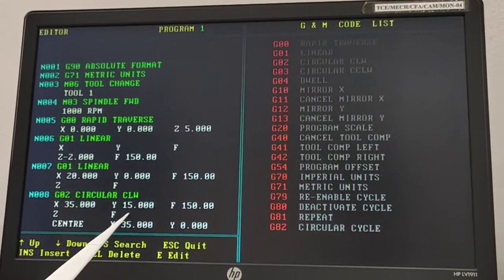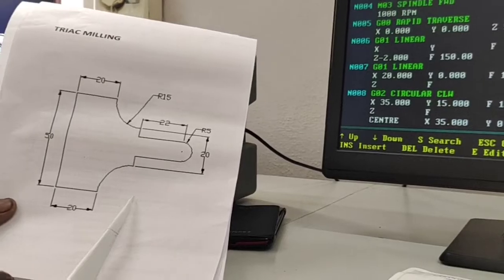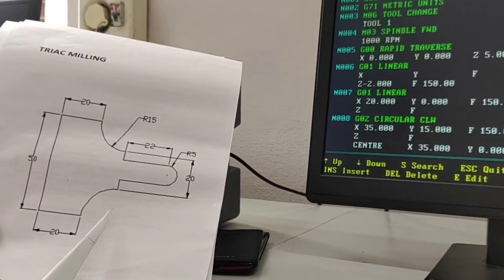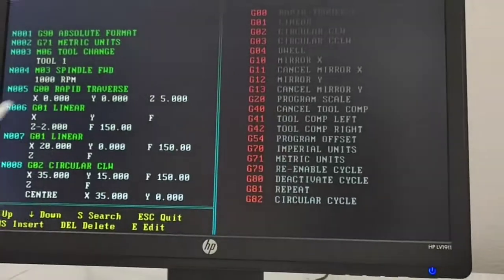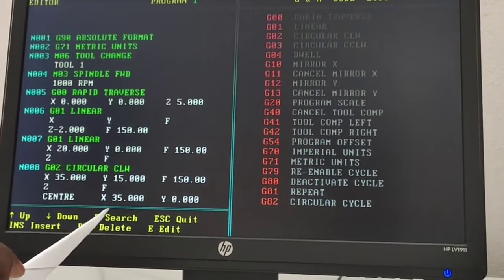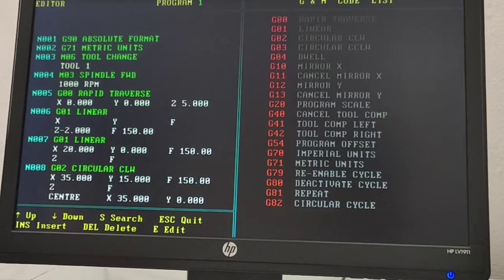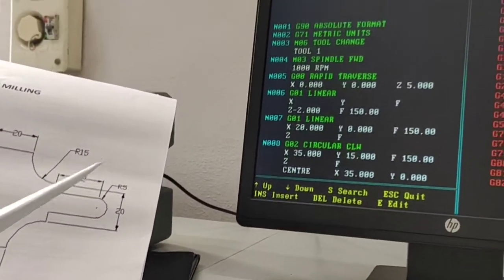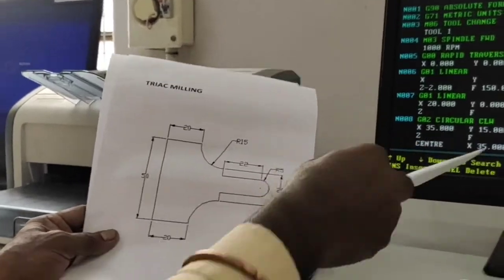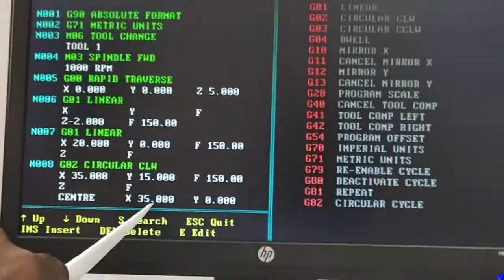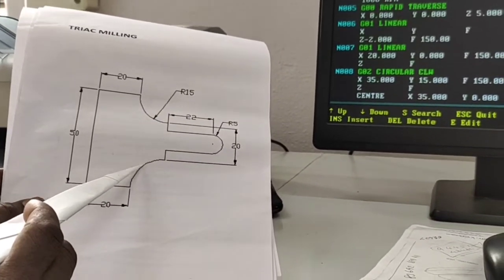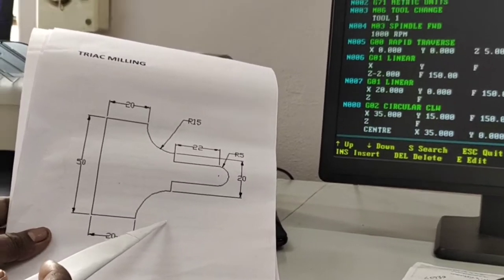Then the Y value from the baseline. What is the distance from 0 to 15? So Y is also 15. The next two data are very important because the arc is formed based on the center. The center is X35, Y0. X35 means the center for this arc is provided in this area.